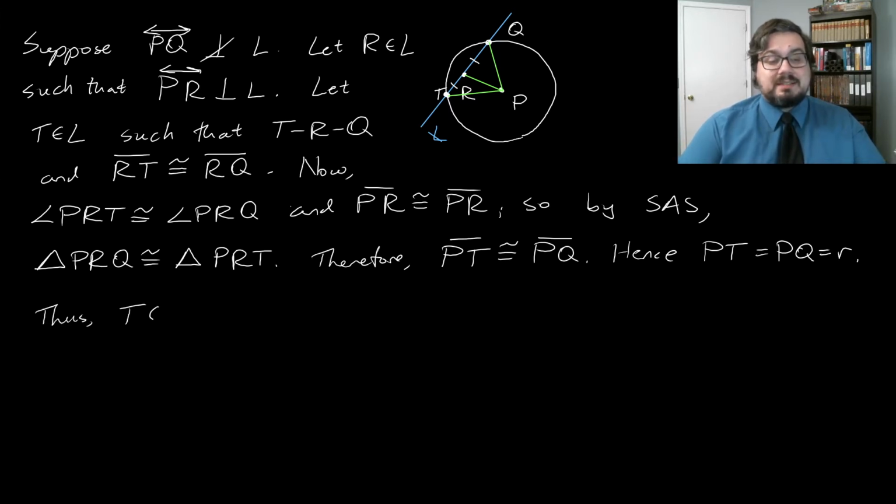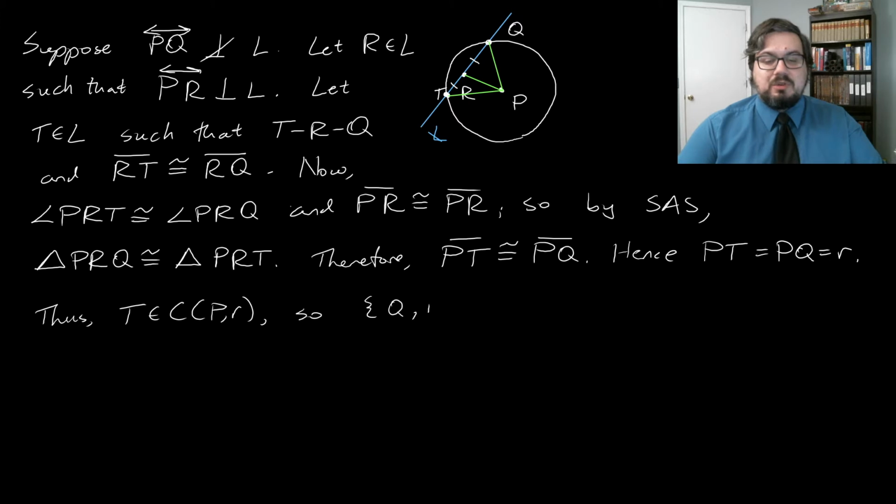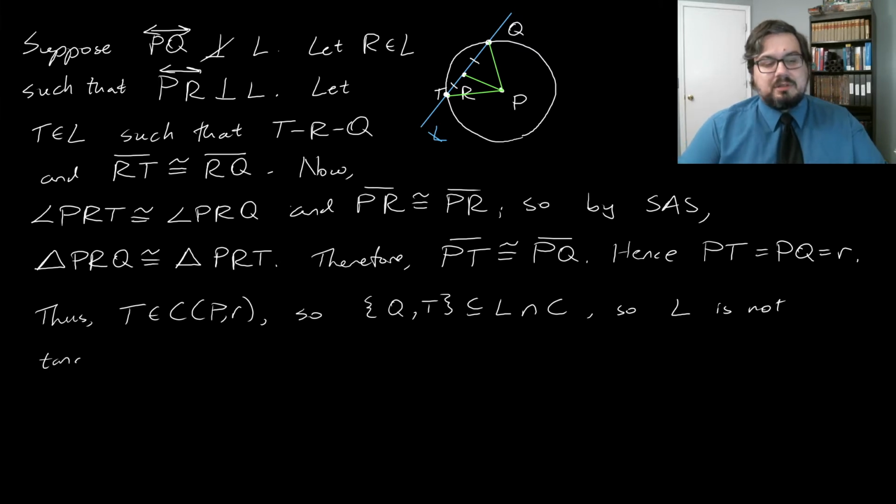Thus, that means that T belongs to the circle, because the only thing that defines the circle is being a distance of little r away from P. So in particular, this means that both Q and T lie in both the line and the circle. So in particular, this means that L is not tangent to C,